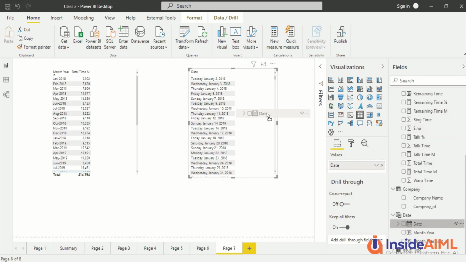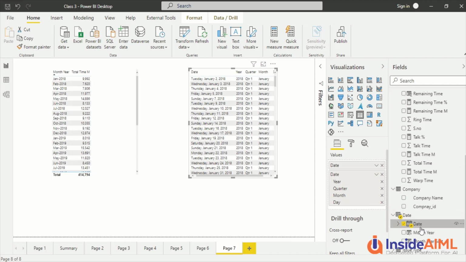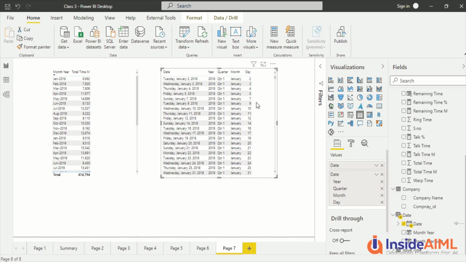Now if I drag, let's say this one, I still see the hierarchy, but I'm going to tell you in future lectures that we are going to make it a date table, and it might become a key column out there, and once it becomes a key column, it might also lose the hierarchy. So it's better that we always try to avoid this year, quarter and month. Better to have these columns in there. So the exercise is to create a month and create a year as a separate column and try that out.